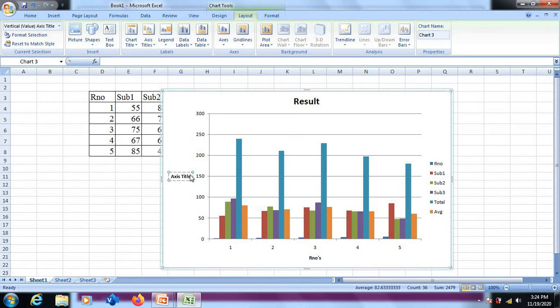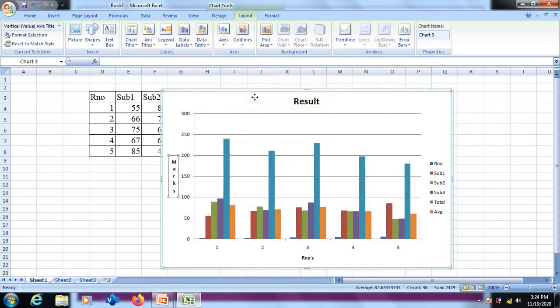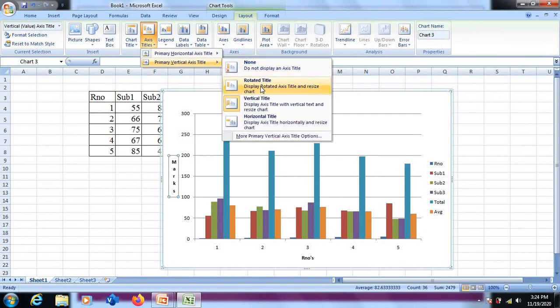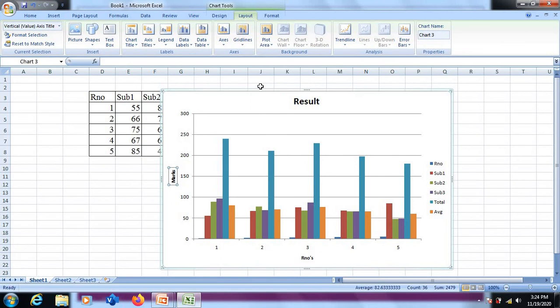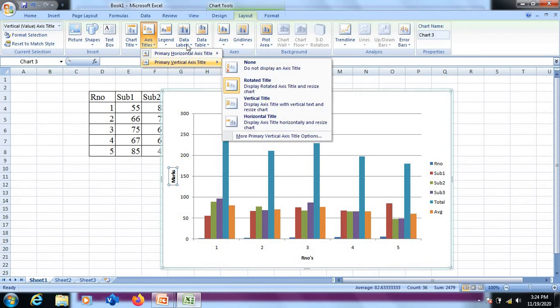and here we have marks available at y-axis. This is a horizontal one. Similarly, you can have this as vertical as well. Vertical displays the list vertically, or also you can have a rotated title, which means it will go from bottom to top. So only the pattern of displaying will change. At x-axis you can display the title using this option called horizontal axis title.